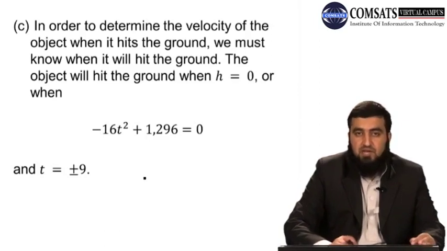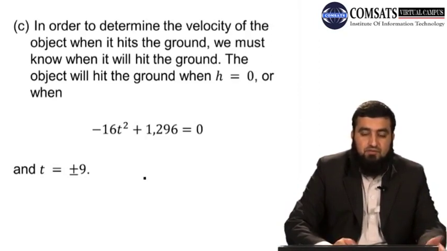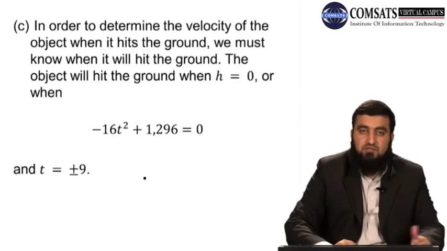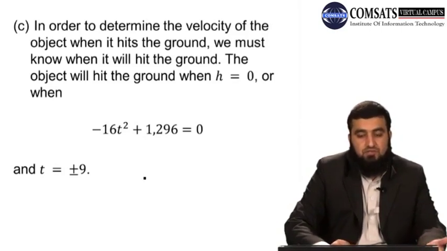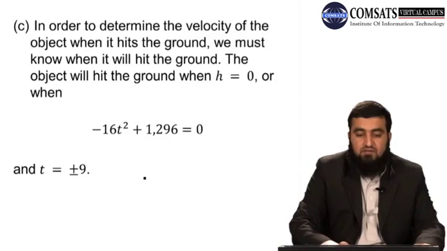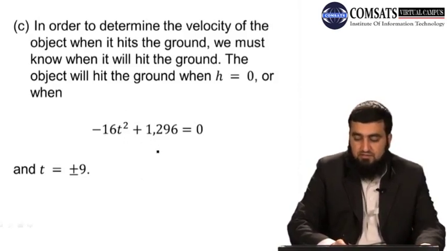यानी हमें उस टाइम को फाइंड करना है कि कितने टाइम के बाद जो है वो ऑब्जेक्ट ज़मीन को हिट करेगा. तो ऑब्जेक्ट जब ज़मीन को हिट करेगा तो इट मीन्स कि उसकी जो हाइट होगी ज़मीन से वो 0 होगी. तो हमने h को 0 के बराबर लेना है. So the object will hit the ground when h is equal to 0 and when -16t square plus 1296 is equal to 0,